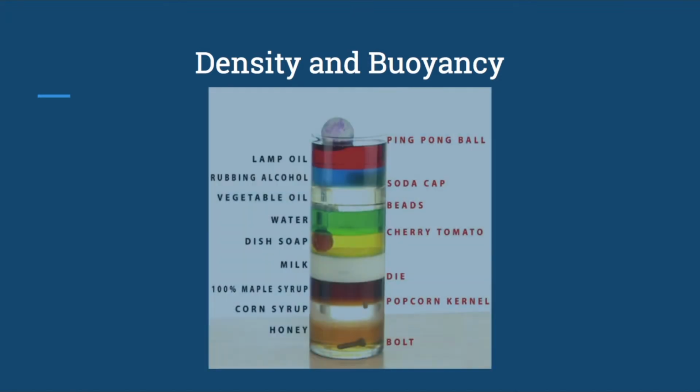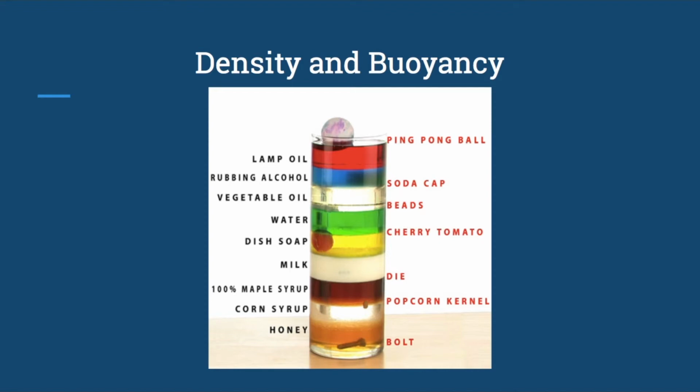Density has a very direct correlation to buoyancy, which is one of its key characteristics. As you can see in the image below, there are both solids and liquids within this. At the top, the ping pong ball is floating on all of the liquids as it is the least dense, filled with very light air, and it's a low mass plastic, so it's at the very top, whereas the bolt, which is a very dense metal, sinks